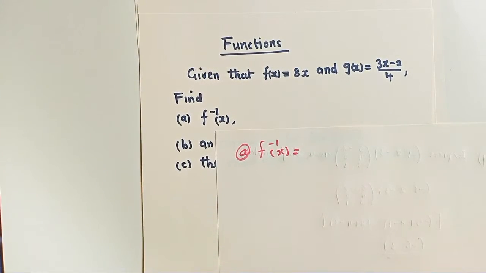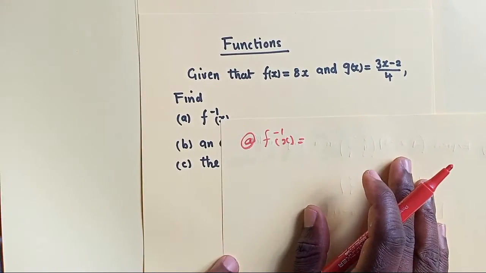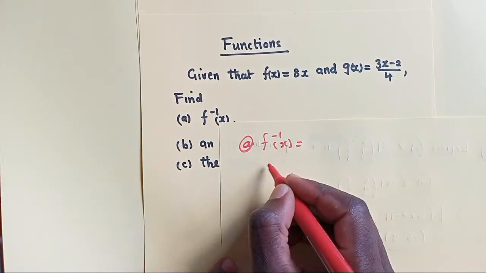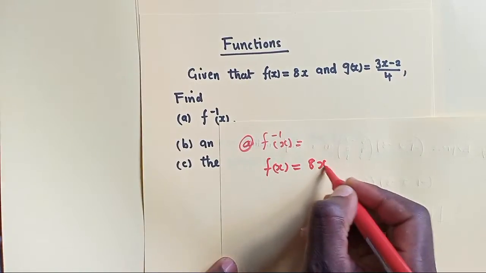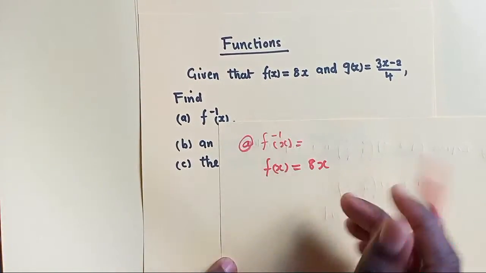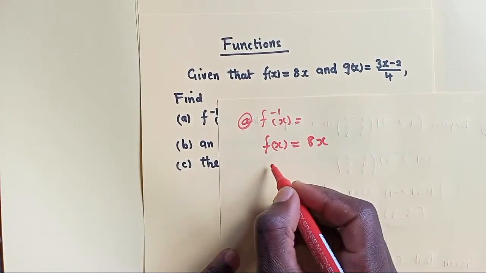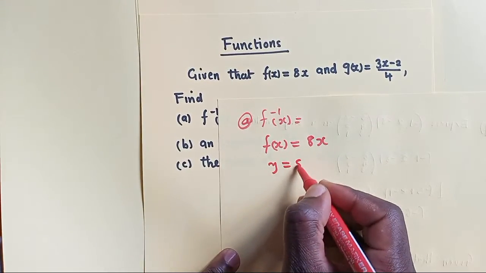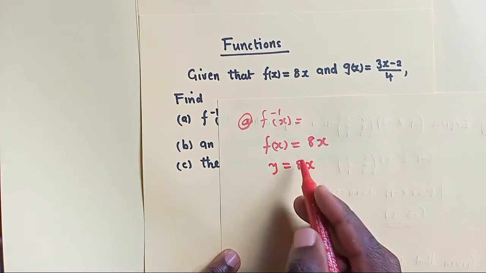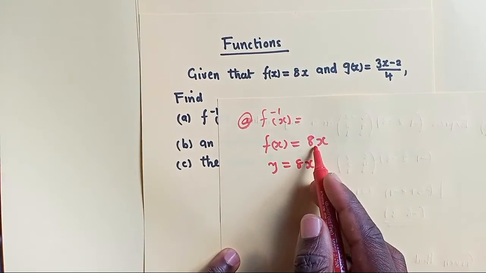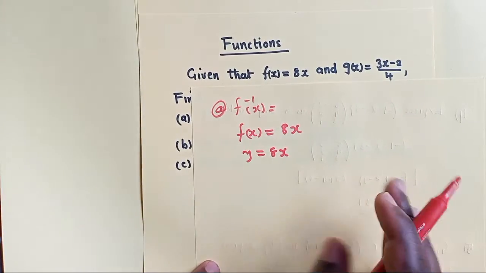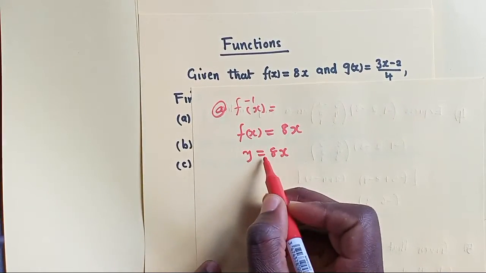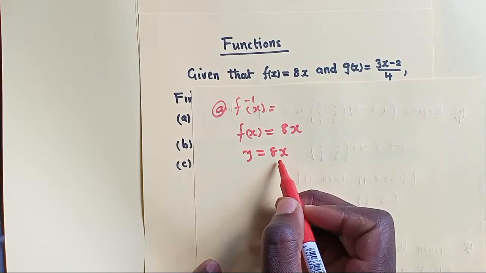Remember what I said in my previous example? I said you just go to the function which has got f. So the one which has got f here is f of x is equal to 8x. So now finding the inverse of this will be, we put a y and we remain with the x. 8x here. We put a y this side. This other side we have 8x. So now here we need to make this the